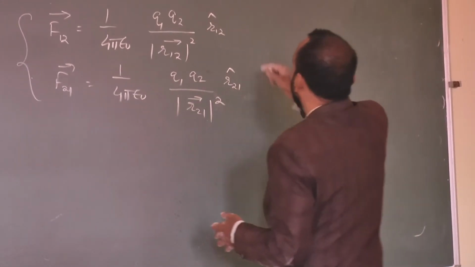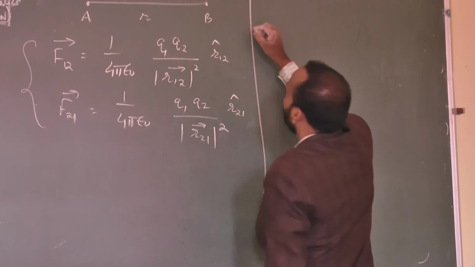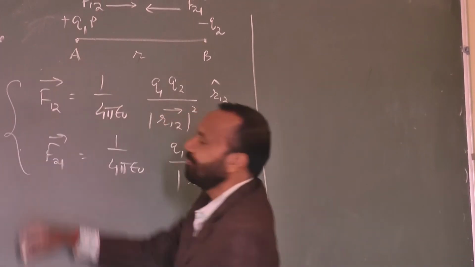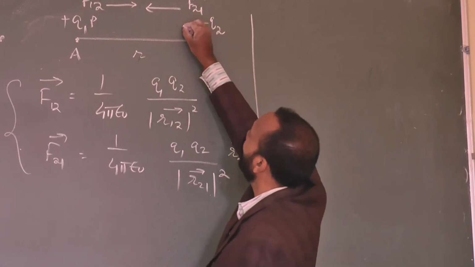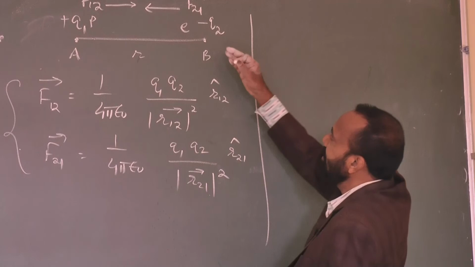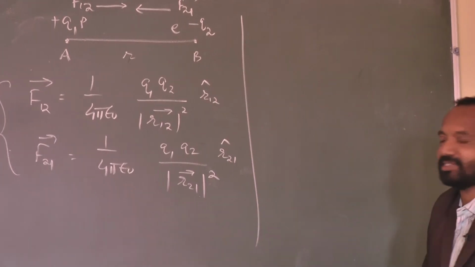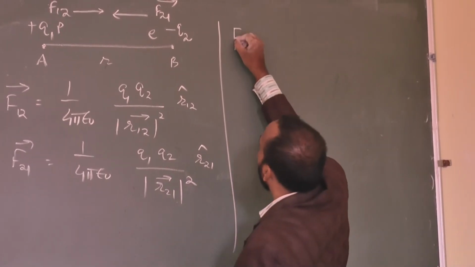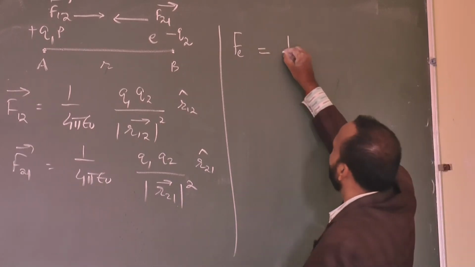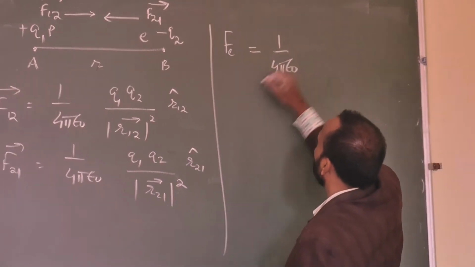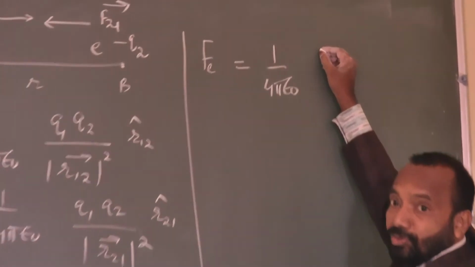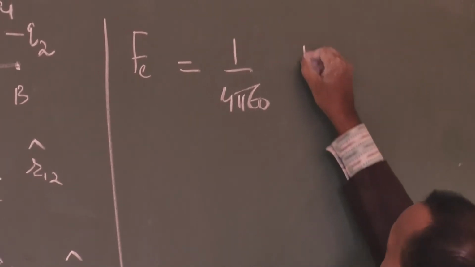For example, suppose the charge is positive, so I can think that a proton is there. If it is negative charge, let it be an electron. So here, the force of interaction, the force of attraction taking place, is the electric force Fe. F is equal to 1 by 4 pi epsilon naught, Q1 Q2. What is Q1? Q1 is the proton, e plus, times